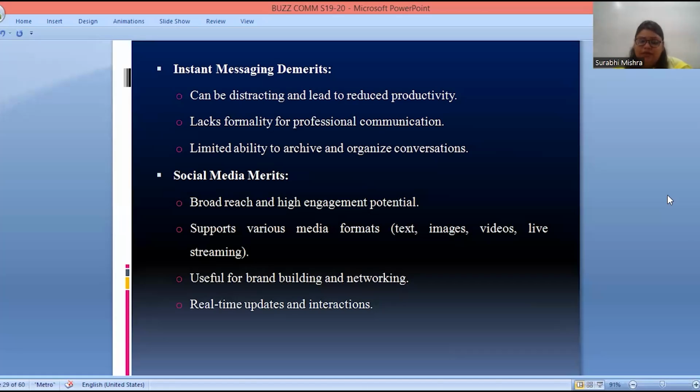It is also useful for brand building and networking, right? And real-time updates can be shared and interacted with. So the merit here is that it reaches masses, it has various formats, it can be used for brand building, and it gives us real-time updates, right? So these are the merits of social media.